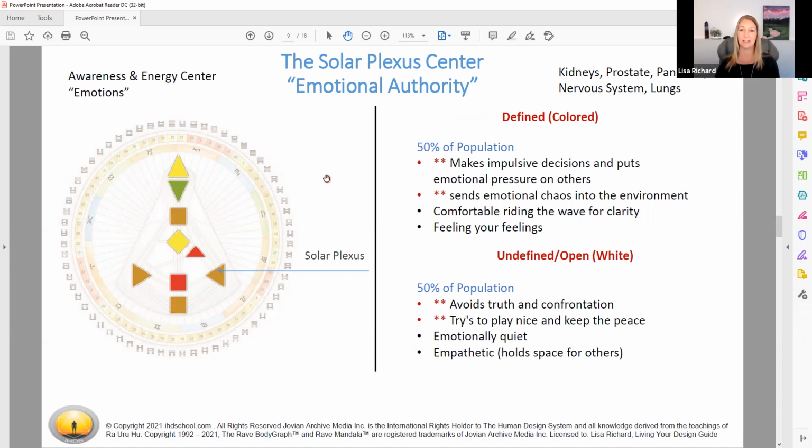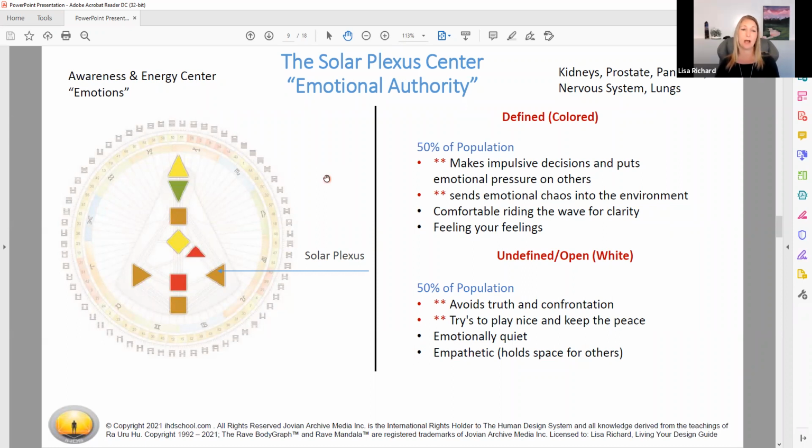Now, if you have that white on your chart, if you are open, you are acting as an amplifier at 200%, projecting out that emotional energy to the rest of the world. So you are feeling on a deep, deep level. You are going to notice when you're around somebody else and they're going through a wave. You're going to feel it really intensely in your body. So there's a beautiful opportunity to learn about where others are emotionally, to get the knowledge to see if you want to help, do you want to be of service, do you want to avoid that situation, do you want to just hold space? Again, it's trusting in what's right for you and your body.